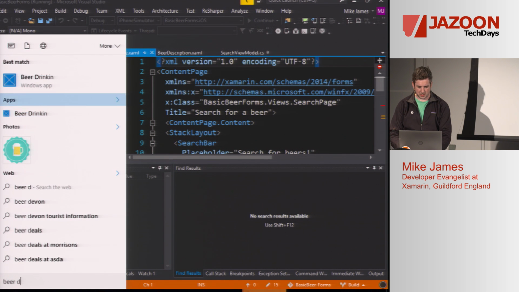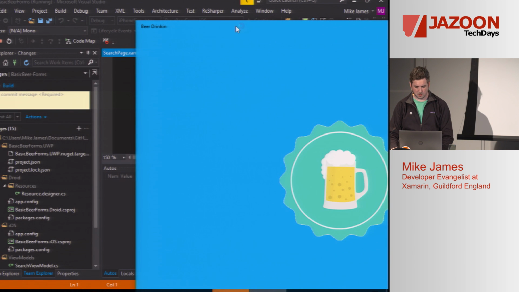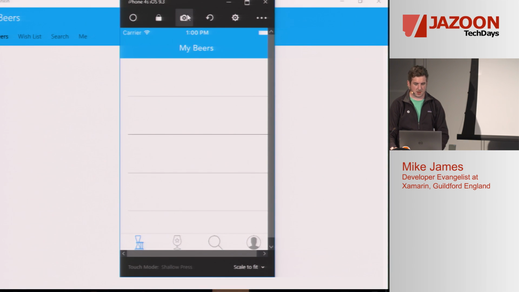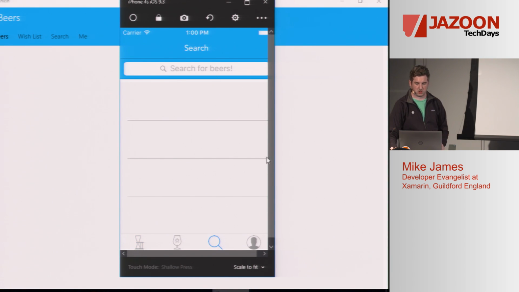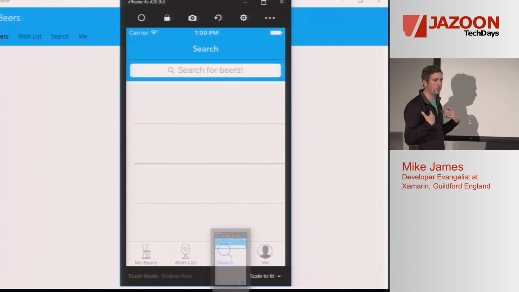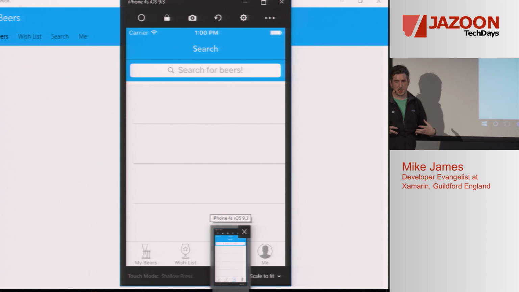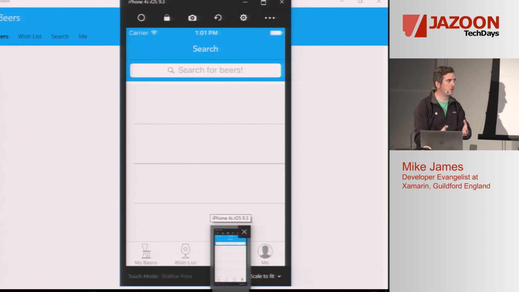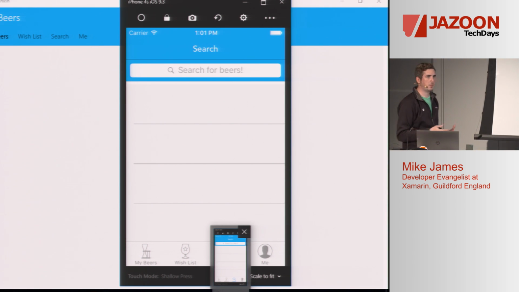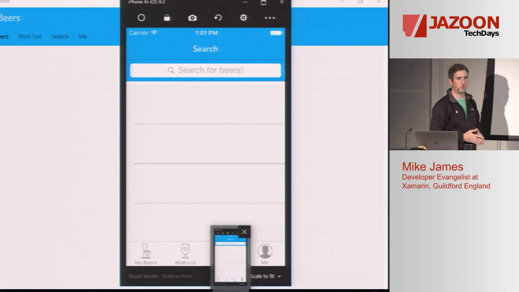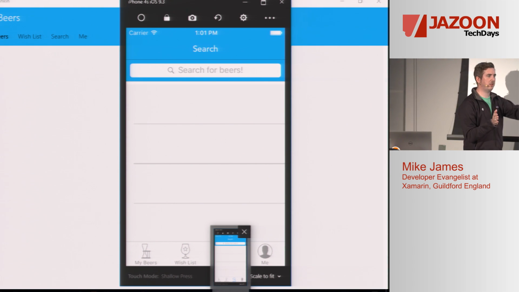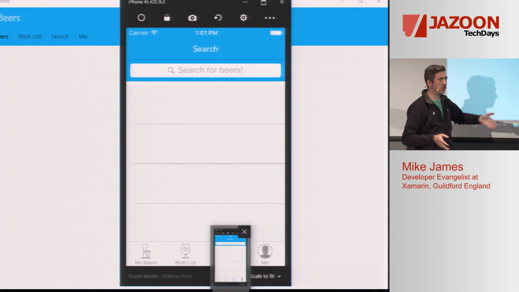This is going to be fun, actually. There we go. So here is the iOS version. And again, this is 97% code reuse. In terms of the code I wrote, it was 100% code reuse. They look different because it's the native UI for each platform. This is how we expect it to work. We don't want a pixel-perfect design across all 3 platforms because the users will hate us.